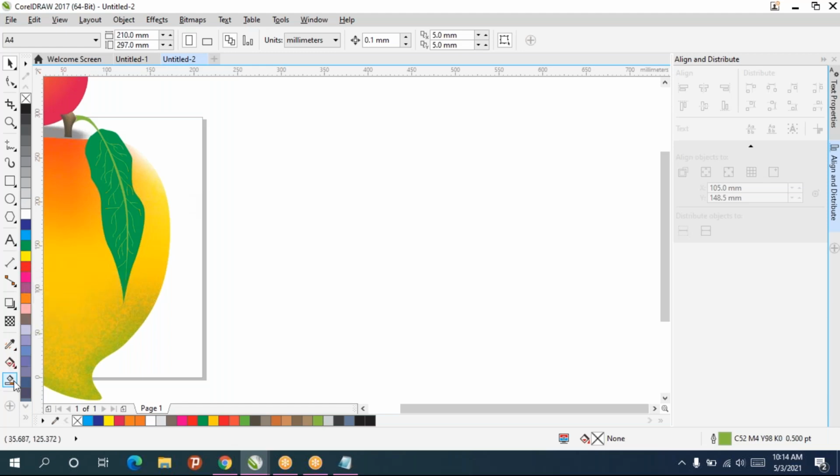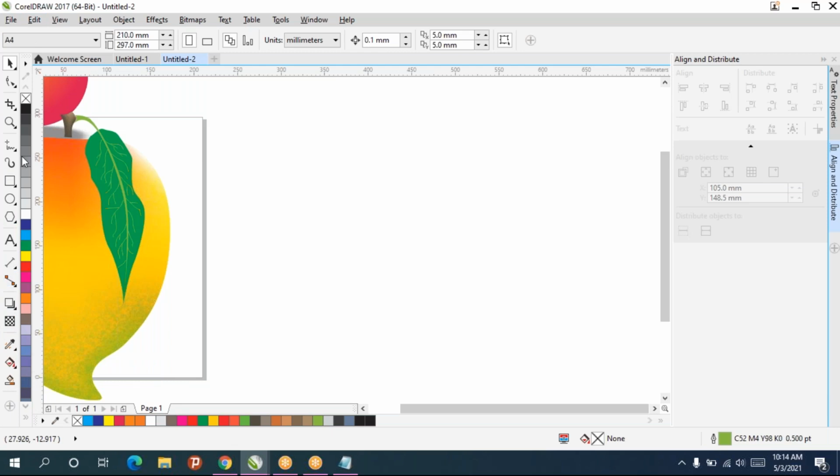Okay. So smart fill, remember that this is to create logo designs. So logos you can create easily by using smart fill.